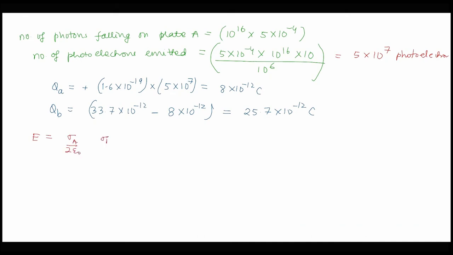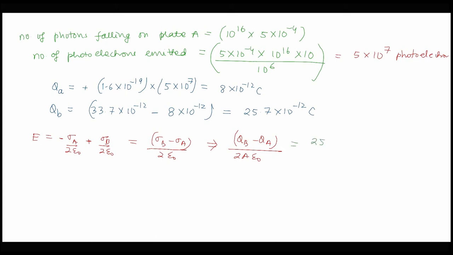Since both of them are positively charged and sigma B is greater in value, we will subtract sigma A and add sigma B. So the net electric field can be calculated as (sigma B minus sigma A) by 2 epsilon naught. Sigma can be written as charge upon area, so we can write it as (QB minus QA) upon 2A epsilon naught. On solving this, we obtain it equal to